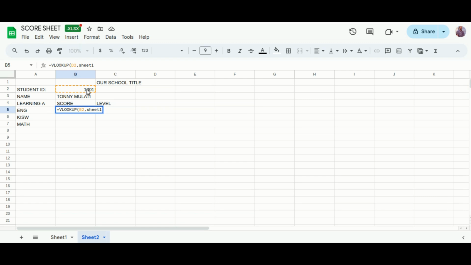Then put there that exclamation mark. And it is within this range. Type the dollar sign. So between column A,